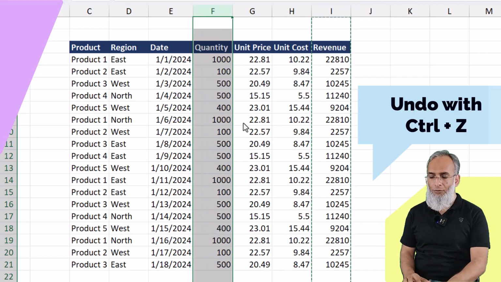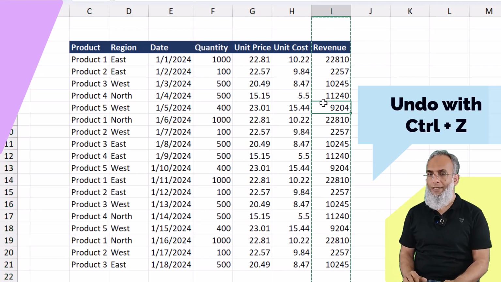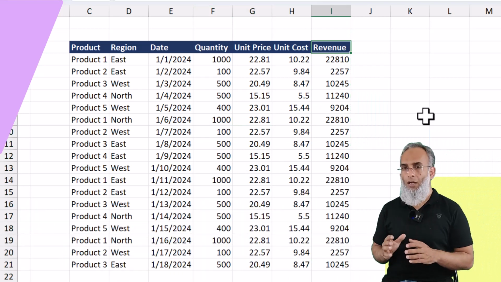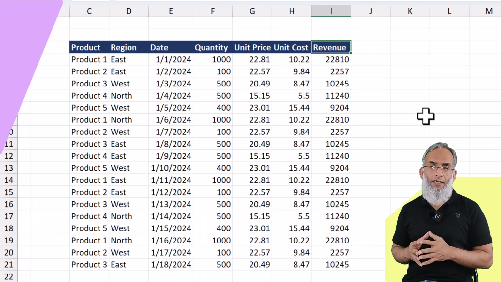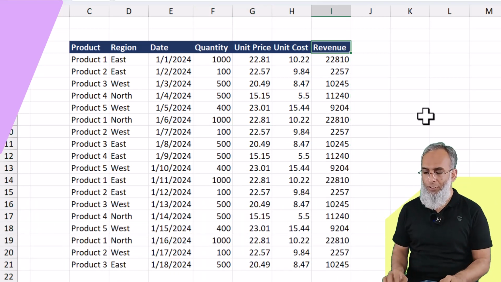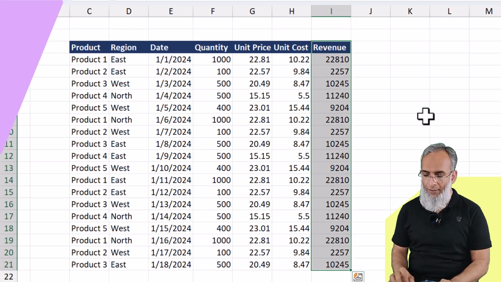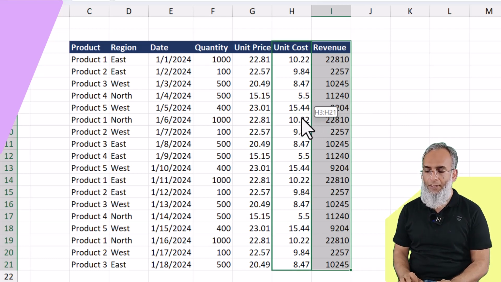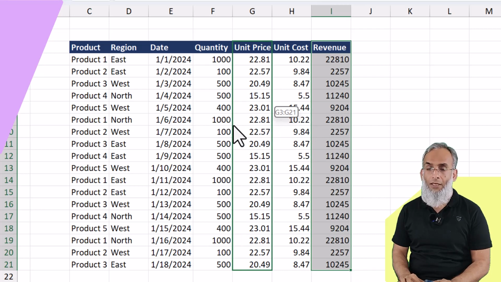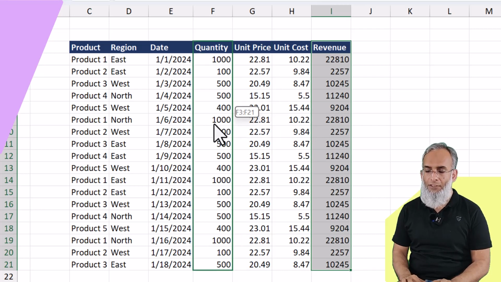Let's press undo and do it in the magical way. Now I am going to select only the area of my report and not the complete column. So I am going to select this data area only, and with the help of the mouse I will select this column from one side, double click on it and then drag it to the left side